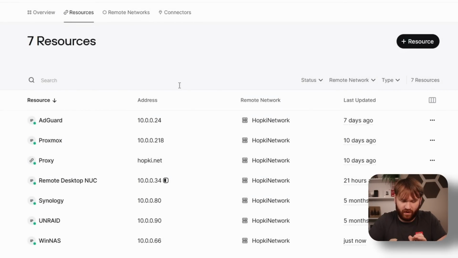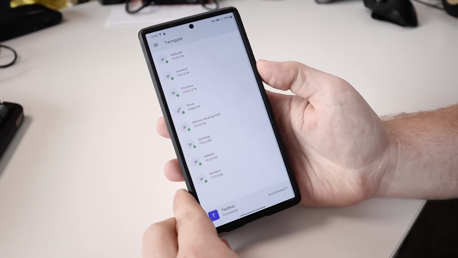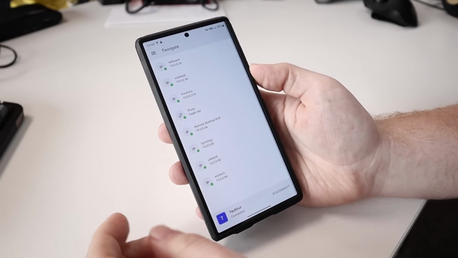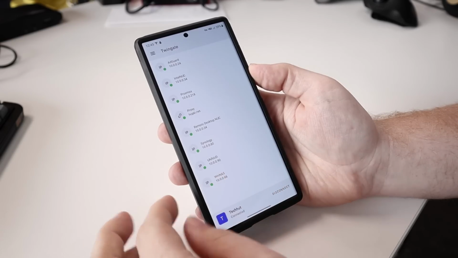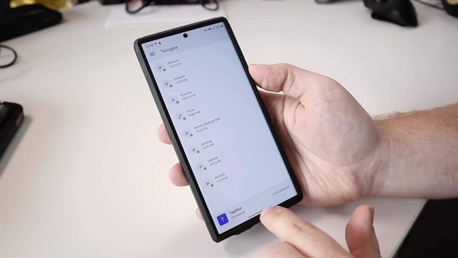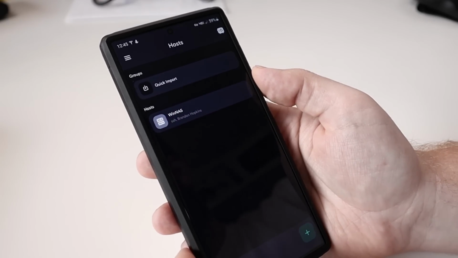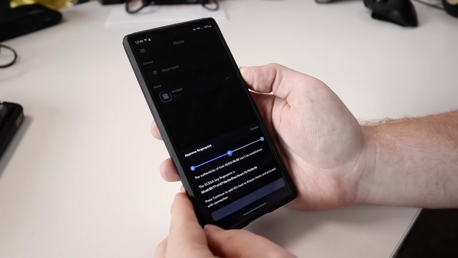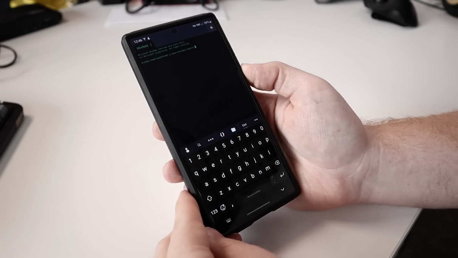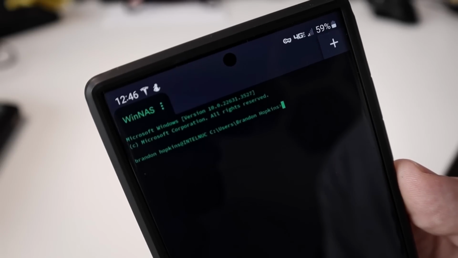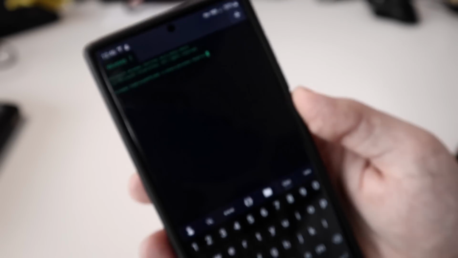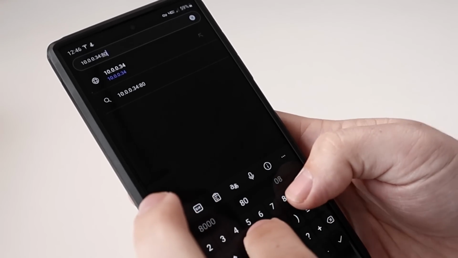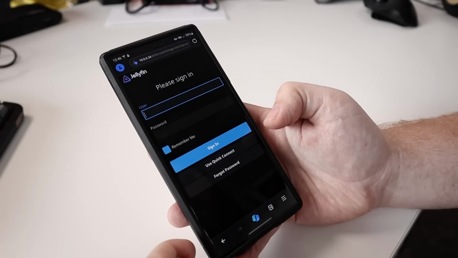I'll just disconnect from Wi-Fi. And you can see here I am on the Twingate app. These are all of the resources I have access to. I'm recording this separately and I did have to change the IP address, so you'll notice that. But if I go to something like my terminal application and then access the NAS, you can see it's asking for the fingerprint. I'm going to go ahead and continue. And there we are. You can see I am connected with a local IP without being on the local network. Additionally, we can access our Jellyfin instance, so if you go to port 8096, you can see we have access to that.